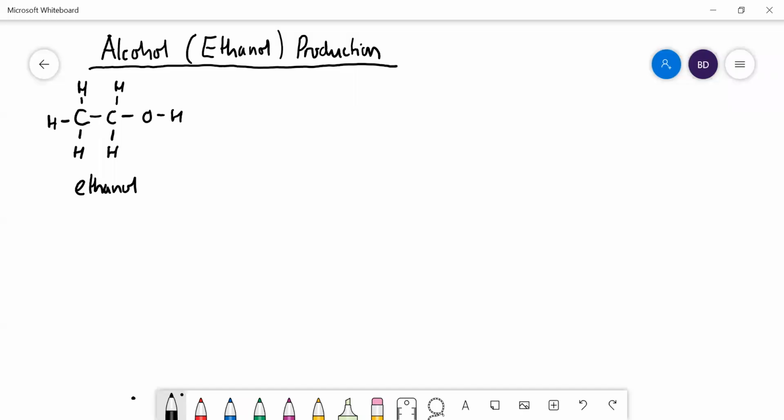Okay, so we're going to talk about alcohol production, more specifically ethanol, which is the alcohol which is found in alcoholic drinks. And it's also used extremely extensively as a solvent in the chemical industry, so it's a very important molecule. Just a couple of